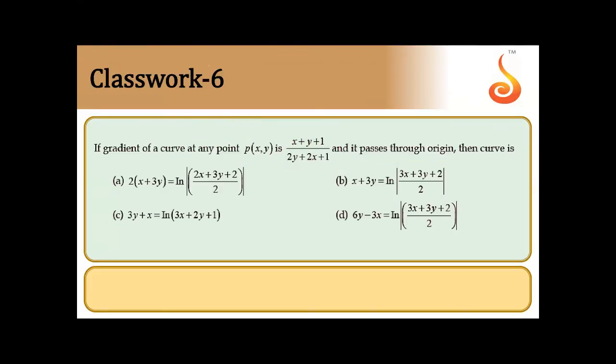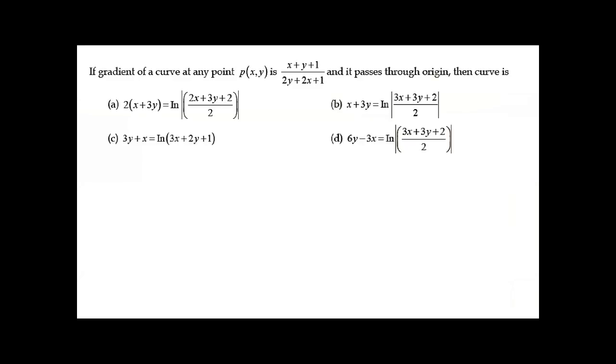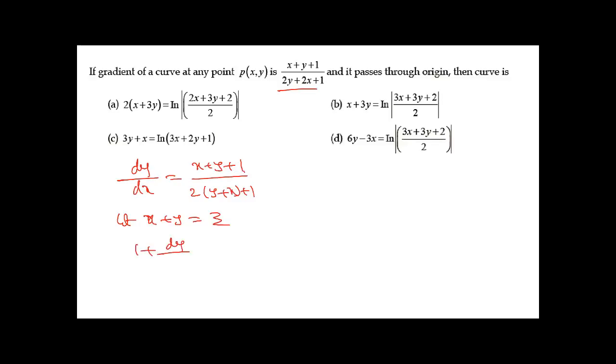Okay, let us take it. I'll take the next page. So dy by dx equal to x plus y plus 1 by 2x plus 2y plus 1 is there. It is not directly variable separable. So now what to do: you can go for the substitution method. This is called the substitution method. Let us take x plus y equals some z. What is the common term? You can take it as some z. You can take x plus y equals z. So now change everything in terms of z. 1 plus dy by dx, differentiating, equal to dz by dx. Let us take the dy by dx value from this. That is dz by dx minus 1, you can write.